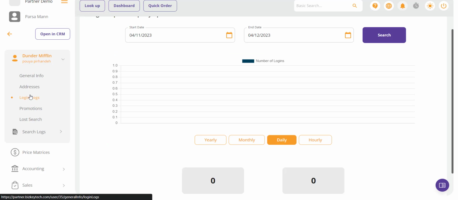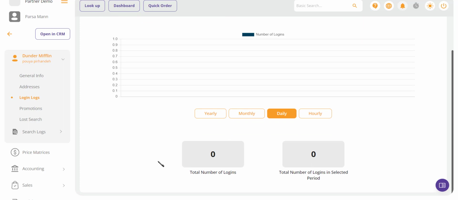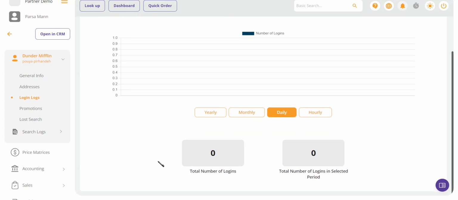There is a date selector at the top of the page that lets you pick a date range and get the customer login logs in the selected period, and it will appear on the chart at the middle of the page. As you see, our selected customer doesn't have any logs at the moment, so there is nothing showing up on the chart. You can view the promotions redemption history of a selected customer by clicking on the promotions option